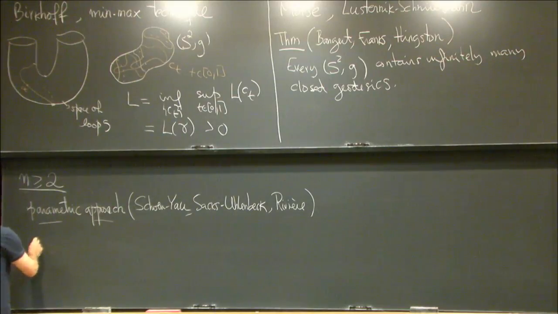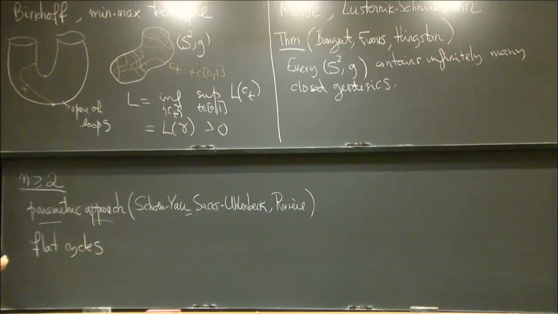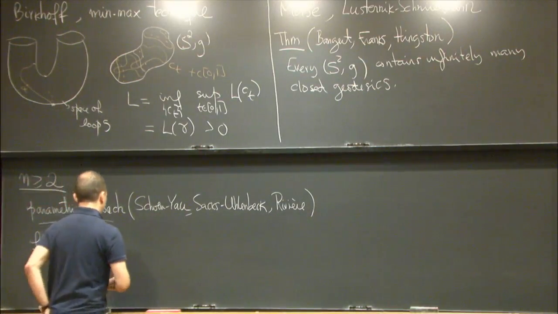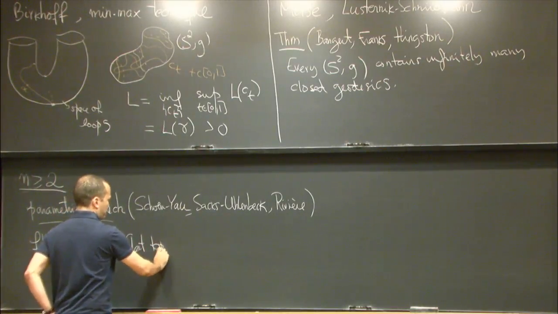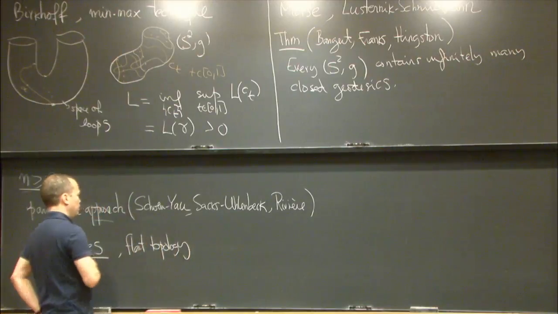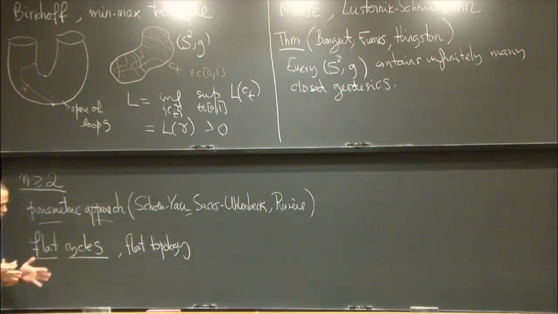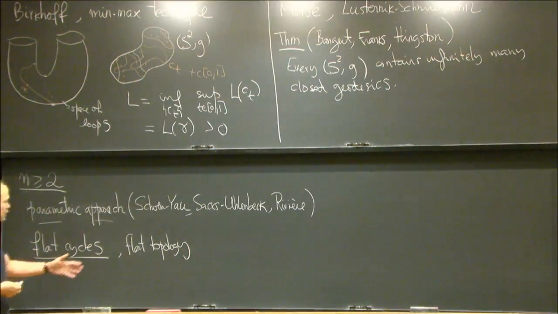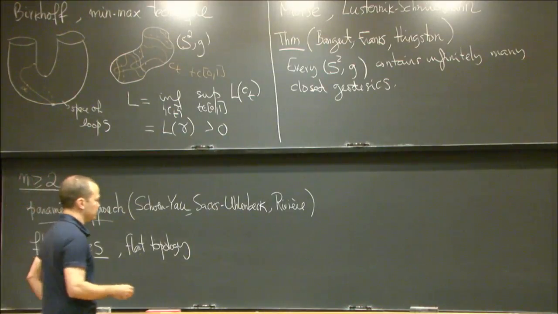I'm going to look at flat cycles. So I don't care much about the parametrization. These are going to be surfaces by themselves. So of course, flat cycles are related to the flat topology. What is the flat topology? Well, you might imagine that two closed surfaces are very close to each other in the flat topology if the volume in between is very, very small. Okay, so a picture like this.